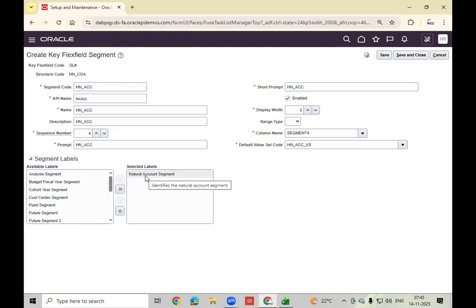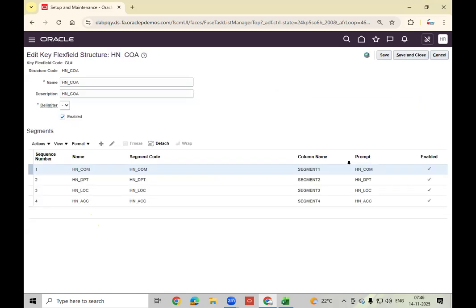So this one identifies the natural account. Here I'll maintain the account values. Save and close. So as per my business requirement, understand, we need to define the chart of account structure like this. Okay. Save and close.